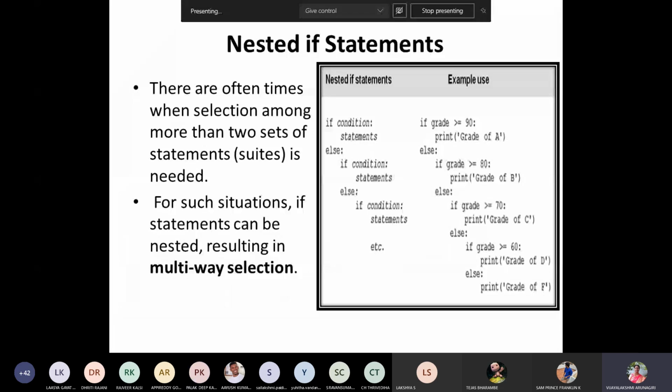Next thing we will go for nested if. What is meant by nested if? We can give one if statement within another if statement. That is called a nested if statement. See here, the best example is given. If grade is greater than or equal to 90, say for example, you are securing marks in CSE